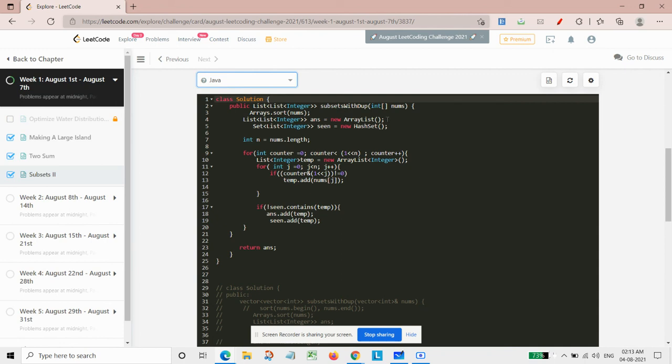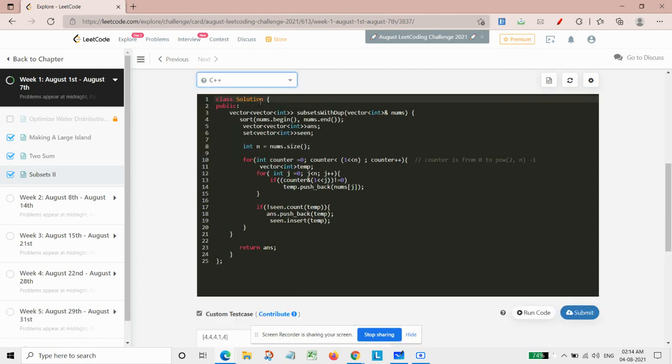In the case of vector, we simply use a list and we need to initialize it, and for the set also we need to initialize it. And earlier we sorted this, that is Arrays dot sort nums, where we were using sort nums dot begin, nums dot end.